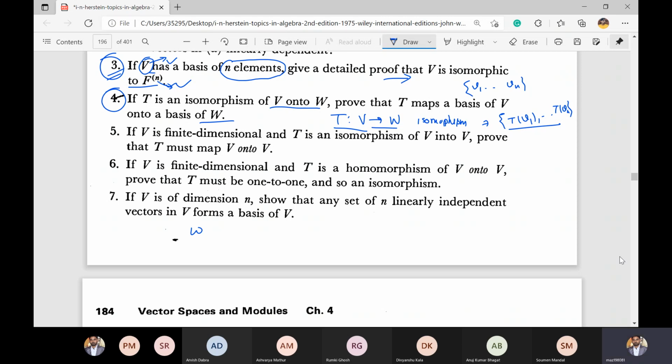Anuj, sorry. Anuj, please continue how to approach this problem, this solution. We'll use the fact that T is onto. So because T is onto, for any W in W, W can be written as